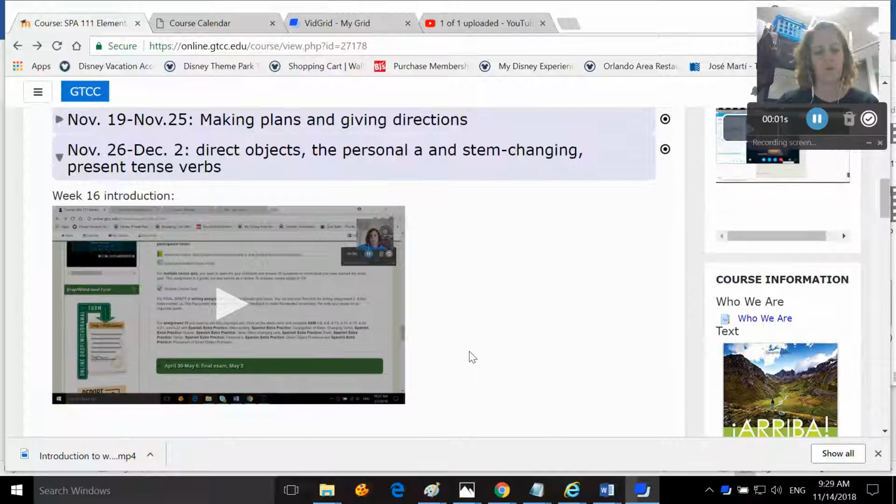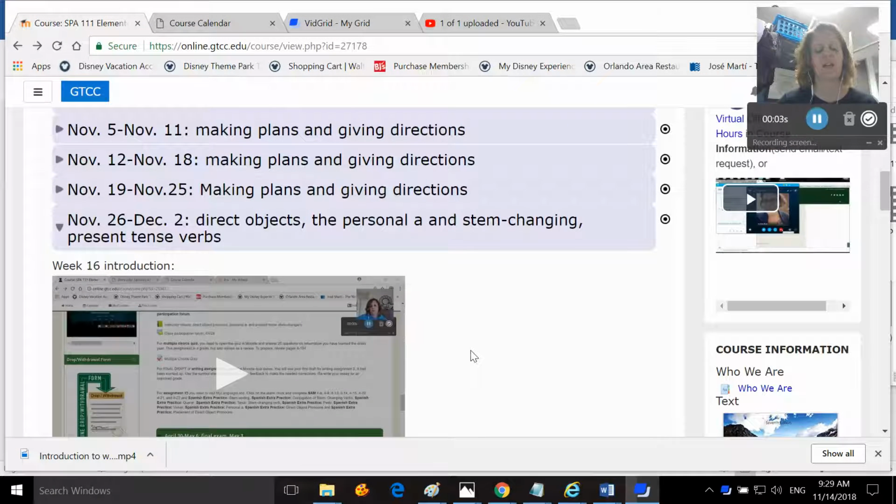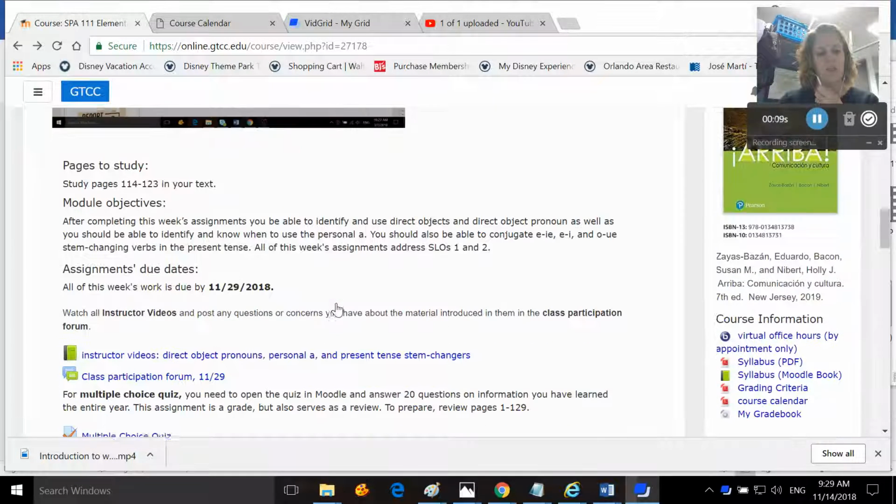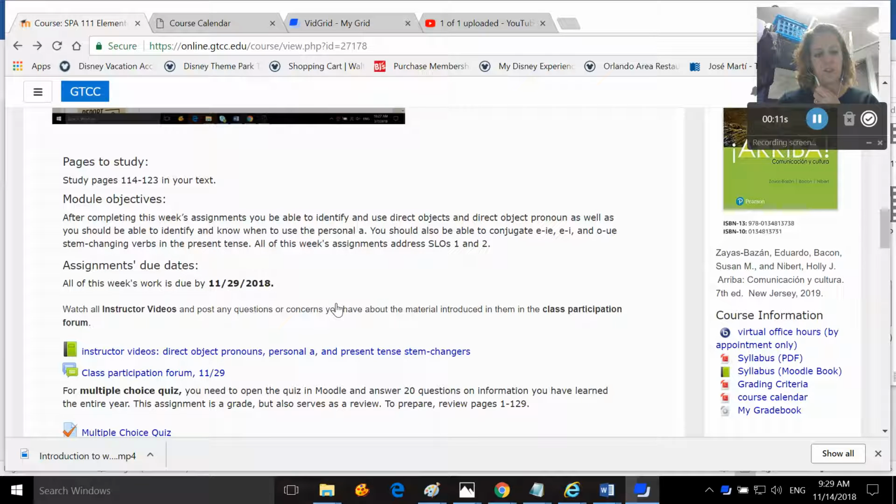I'm going to go ahead and introduce to you week 16. We're looking at direct objects, the personal stem changing verbs, and the present tense. You're going to want to study pages 114 to 123 in your text, and after completing this week's assignments, you